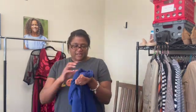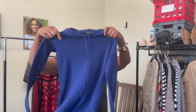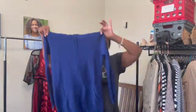Okay, next up we have this Theory, and this in the past has been a slow mover for me, and it is a size small knit, hooded knit sweater. And also, friends,